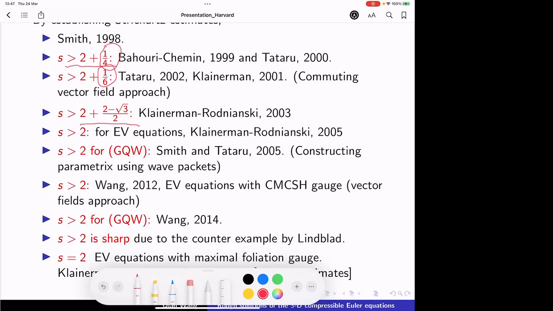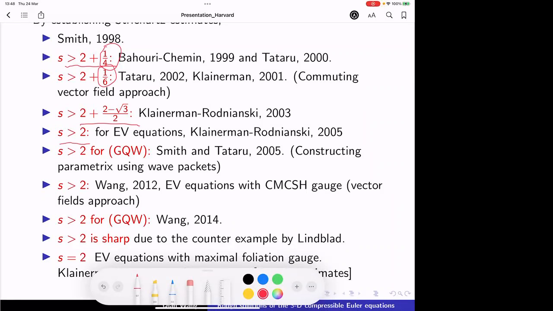So they can achieve s greater than 2. This is the Einstein vacuum equation under wave coordinate gauge. This result itself is actually a sharp result. There is a counterexample offered by Littlewood-Paley saying you cannot achieve s equal to 2 for EV